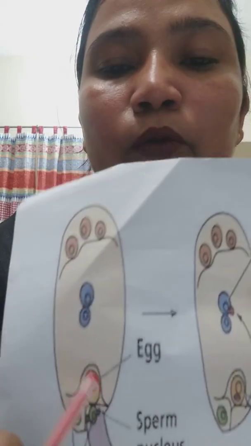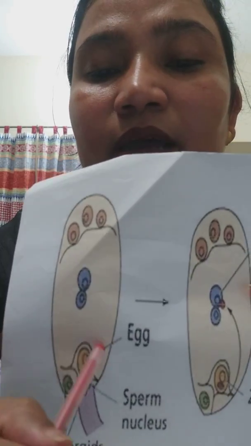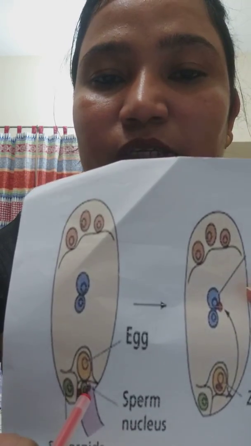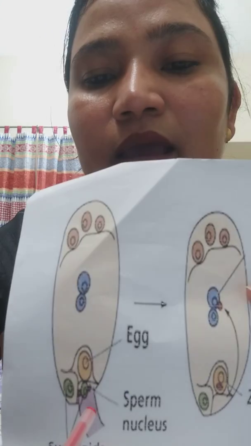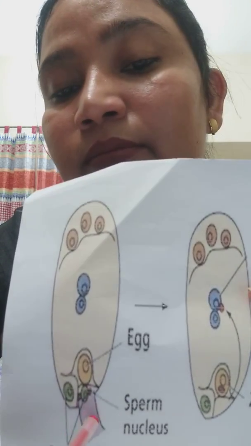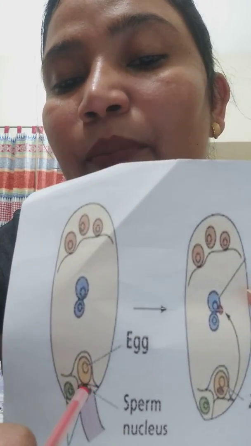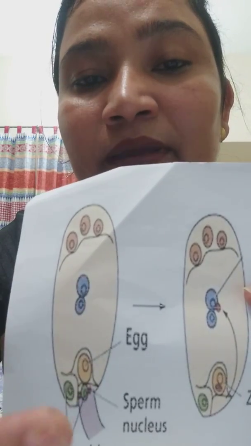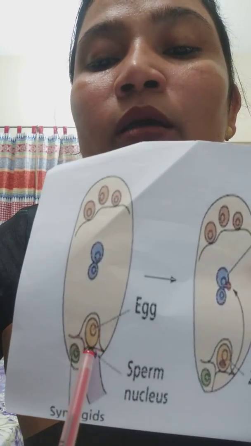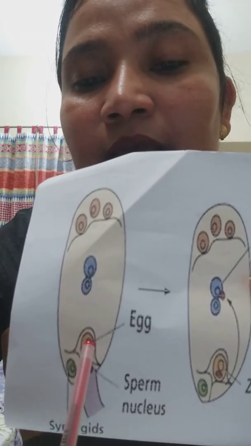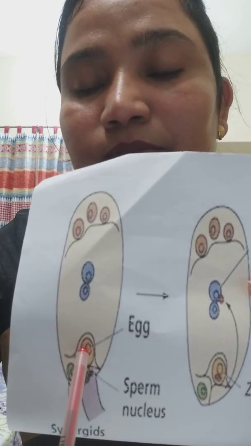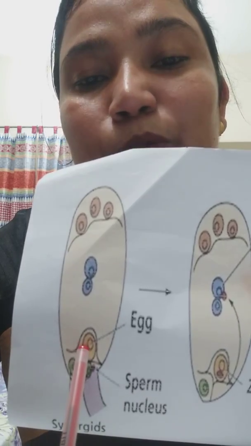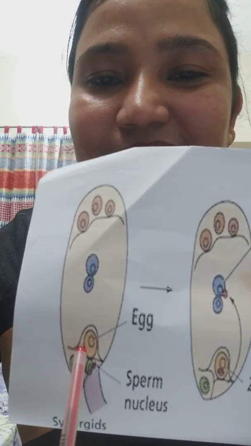When the pollen tube ruptures the embryo sac for releasing the male gamete, this is penetration. And the top portion of the pollen tube bursts open, and one of the male gametes is released and mates with the egg. When a male gamete mates with the egg, this process is called fertilization.